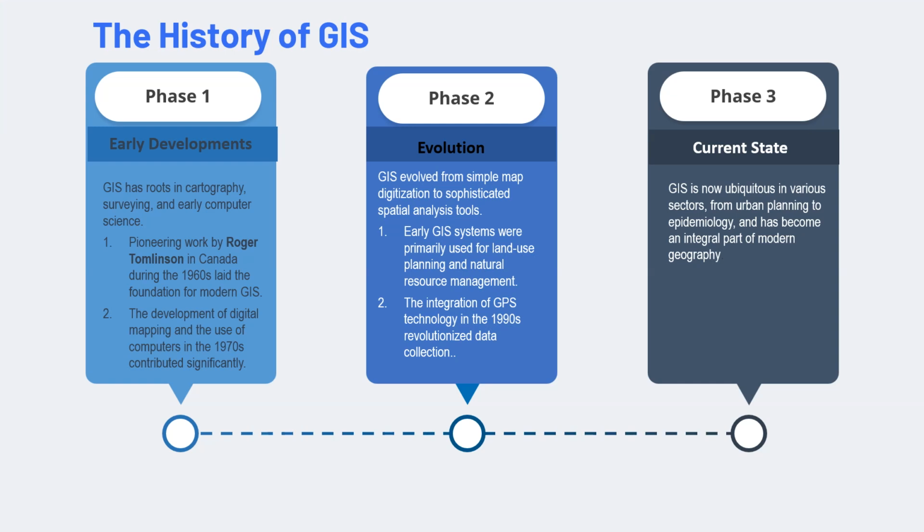And during the evolution phase, after the 1980s, the new GIS software and the GPS, the Global Positioning System, were developed, and it revolutionized the entire data structure. And in its current form, GIS has totally changed the entire environment and multiple disciplines, because now GIS is